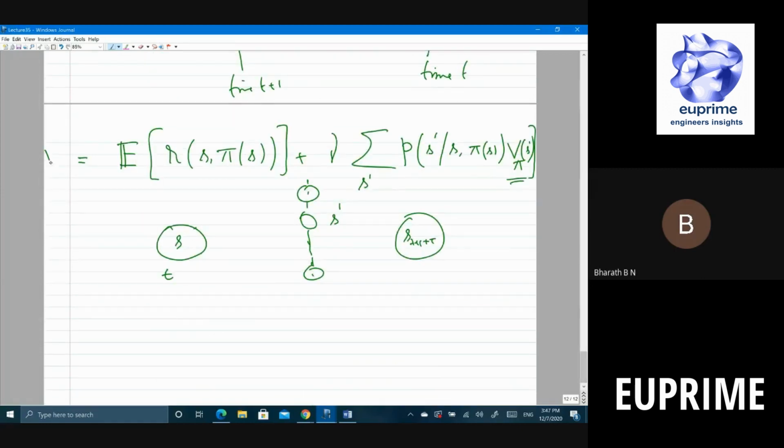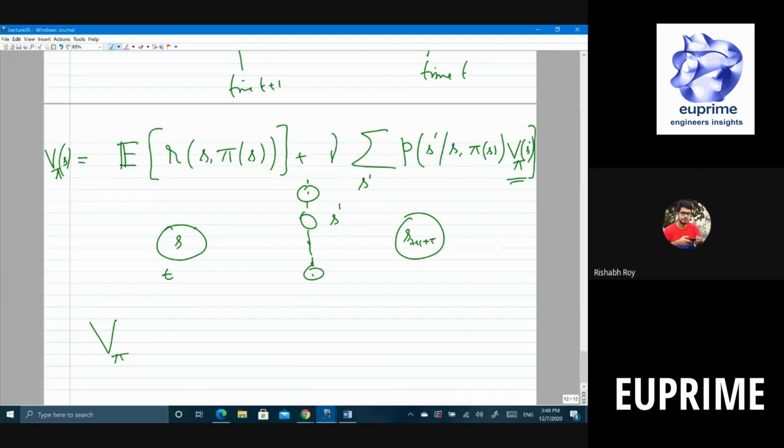So what was this? This was v pi of s, right? v pi of s is some number plus nu times the summation over all s dash of some probability times v pi of s dash, right? Is that fine? Okay. Now the above can be written in the following way, right? As we did in the finite case, I'll write v pi of s for each s. I'll stack it in a row or a column, and I'll call that v pi.